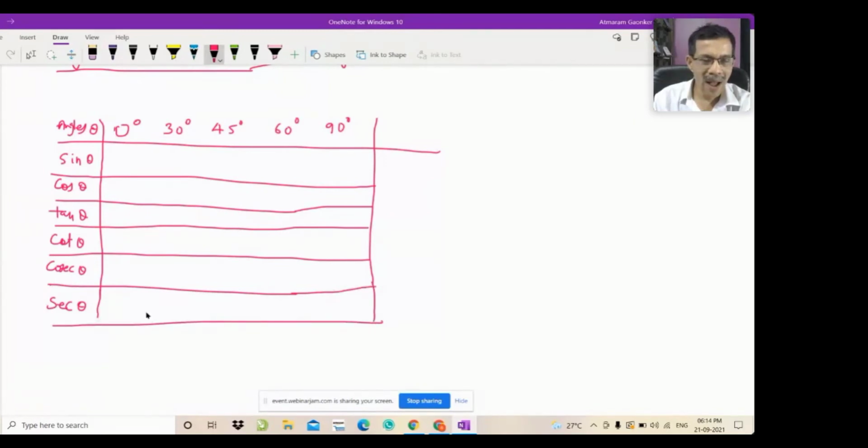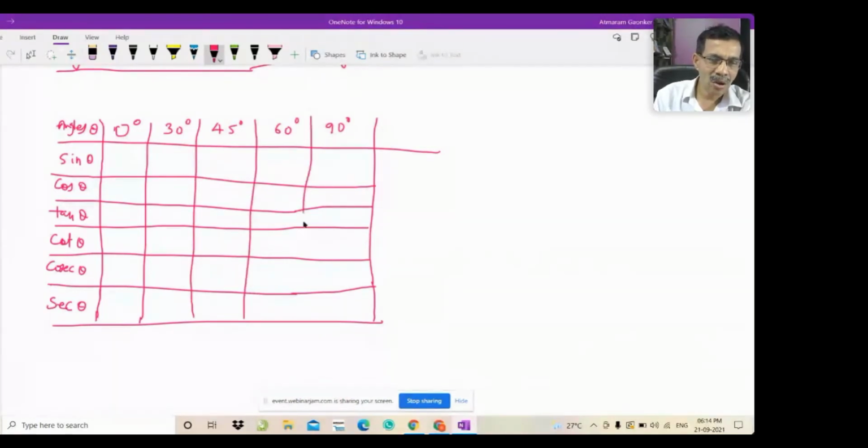And these are the values that you have to remember. And I will tell you the tricks which you will never forget. And for that, you have to just use the fingers and nothing else. So you see here, the angles are 0, 30, 45, 60, and 90 degrees.